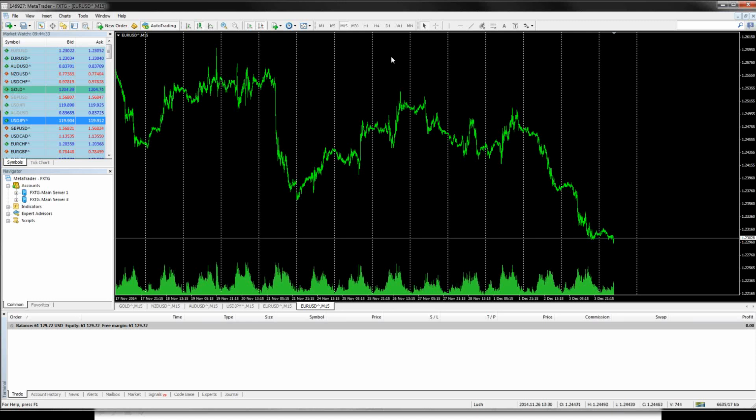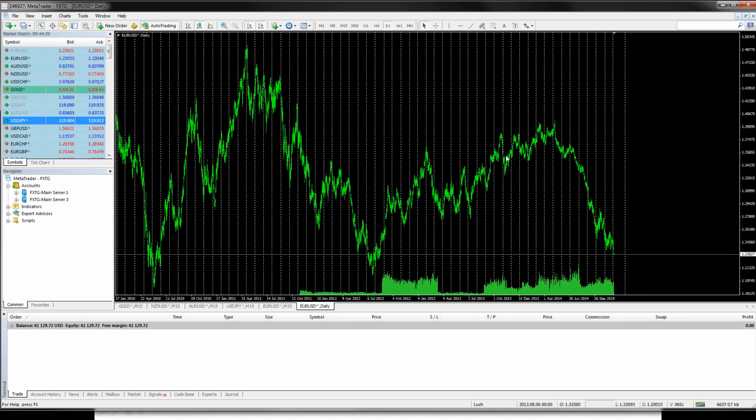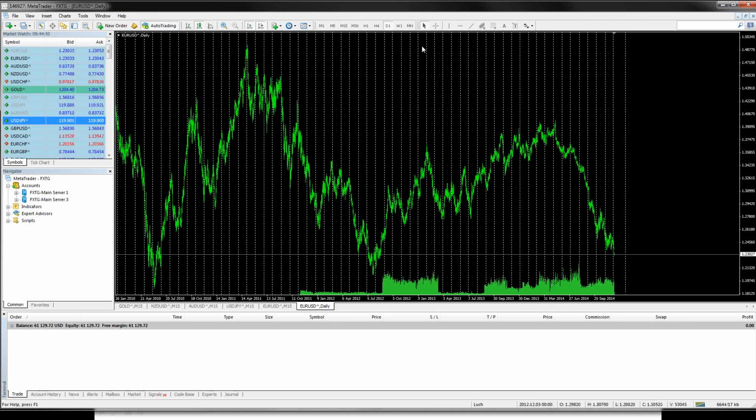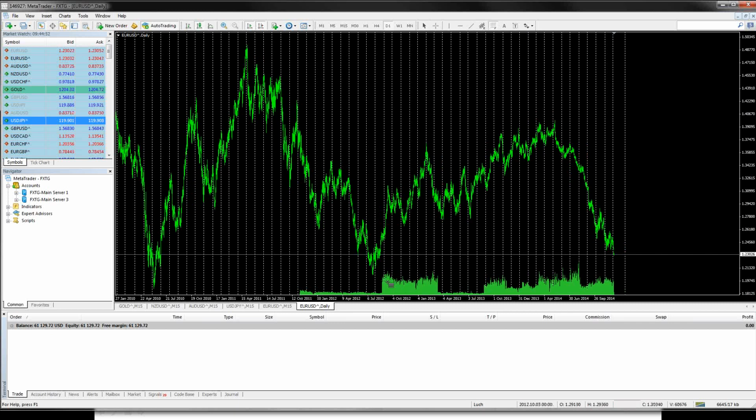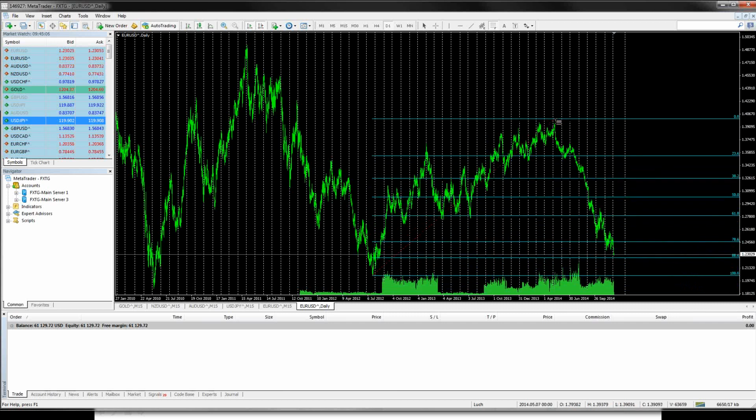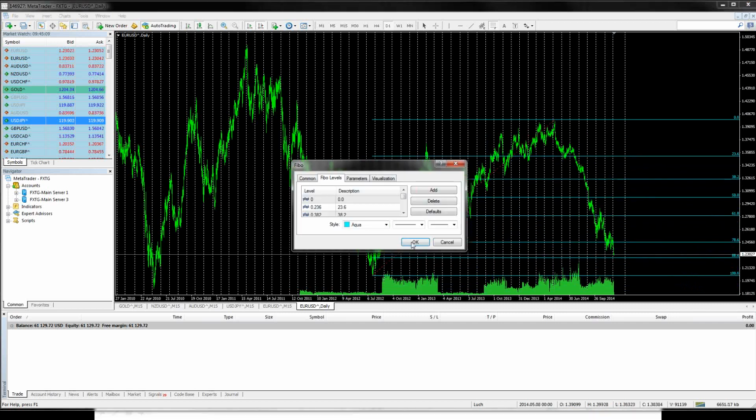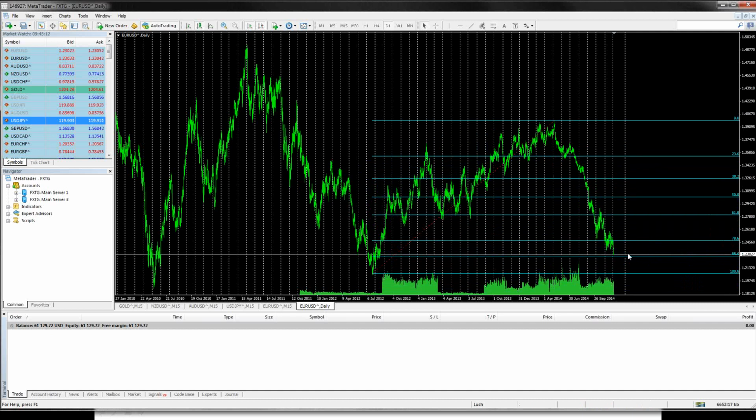But mind you, let's just say I want to use a daily, which is my first top. The closest top is here, and my closest bottom is right here. So you extend it from here. Actually, I'll do it right now. So I'm finding the lowest bottom before that one, which is here, because this is already completed. So I'm looking for the previous one here, and I'll extend it up. And this is showing me the levels for the day.